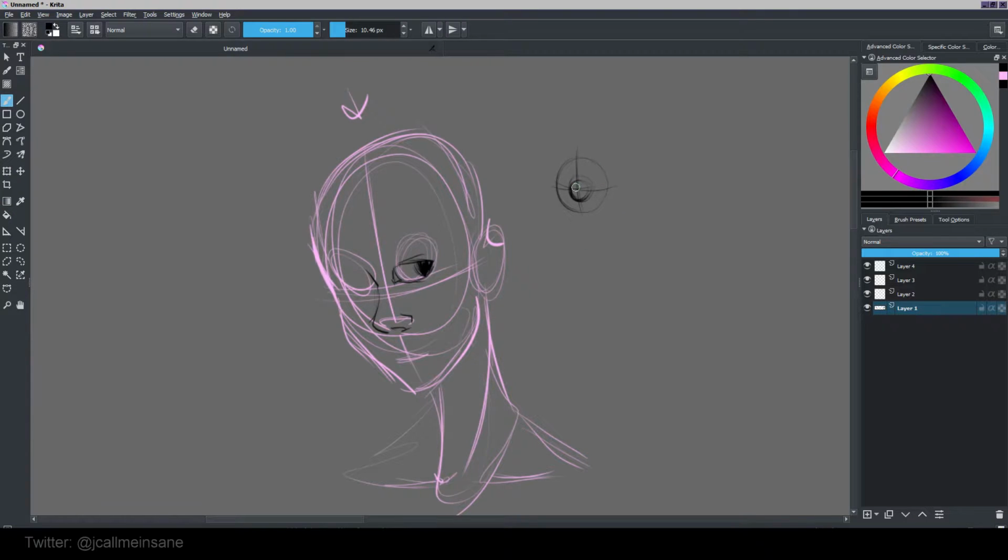Anyway, this is your eye, your iris, your shine here. It's on a curve. So when you're making your eyelid, it actually wraps around this orb, which is why it always has a rounded look to it. If you have someone that's okay with you staring at their eye, you can ask them to look down for a second, and you can see this curve if their eye's partially closed, and their eyelid. It's just something to keep in mind. Obviously, it's going to take practice to get used to it, if you don't usually